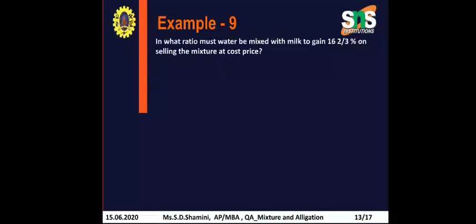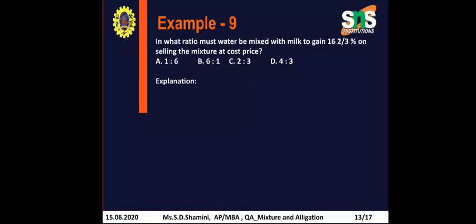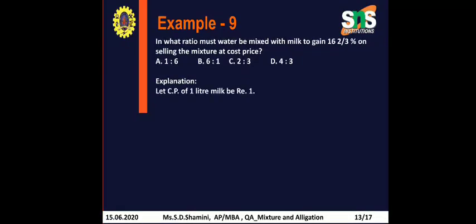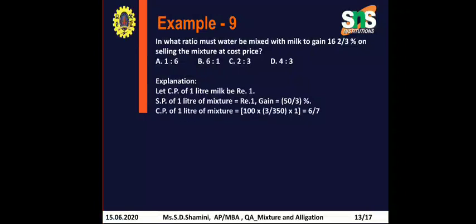In what ratio must water be mixed with milk to gain 16 2/3 percent on selling the mixture at cost price? The options are 1:6, 6:1, 2:3, 4:3. Let the cost price of 1 liter milk be rupees 1. Selling price of 1 liter of mixture equals rupees 1, and the gain is 50/3%, as it was given 16 2/3. So if you do the calculations, you will get 50/3. Cost price of 1 liter of mixture equals 100 into 3/350 into 1, which is equal to